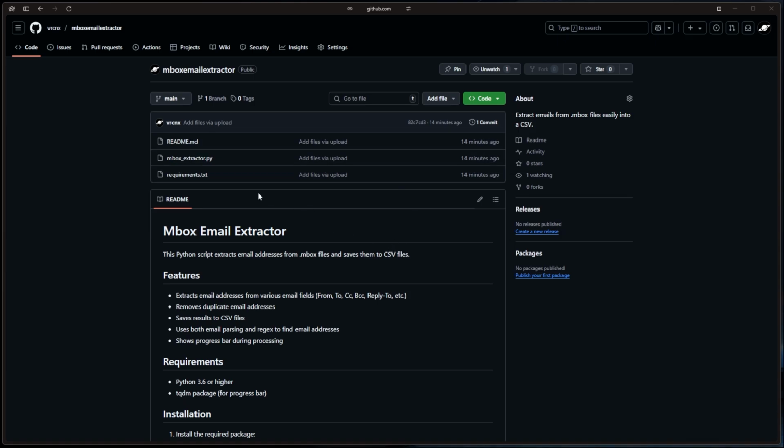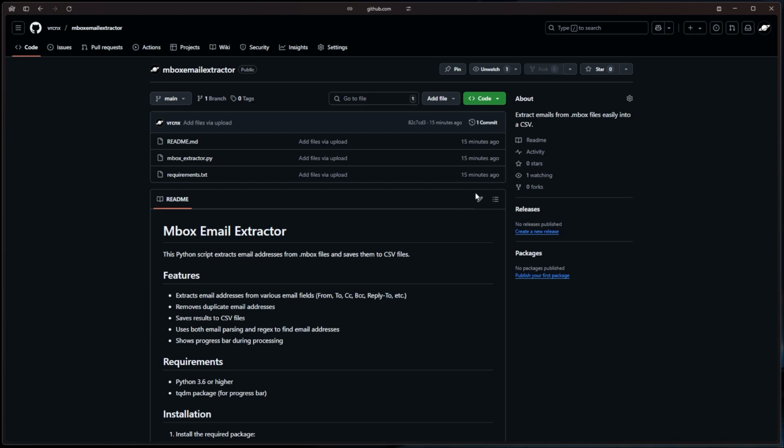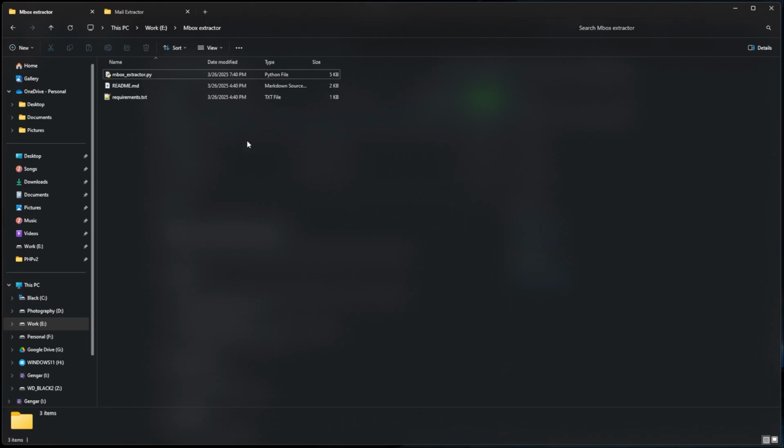So after you have your .mbox file, you can go to this GitHub that I created, and then you can download all these three files here. You can do that by cloning the Git repository or just downloading it as a zip. So once you've downloaded all the files, extract them into a folder like this, and then also put your .mbox